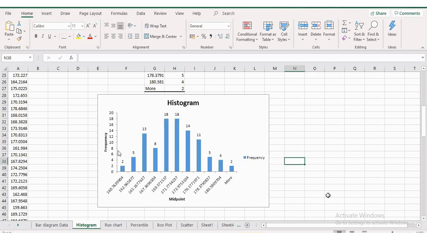Is the central tendency similar to average? Yes, but we are going to learn in detail. Let's not worry about it. Even if you have not understood, that's okay. But one thing you need to understand is that average, most of the time, is simply the average in simple English.